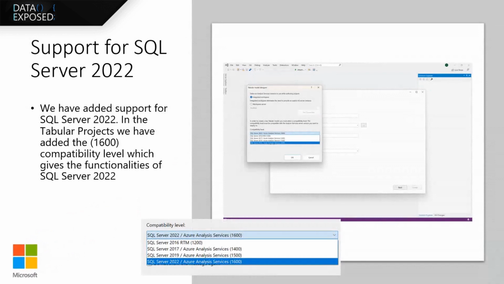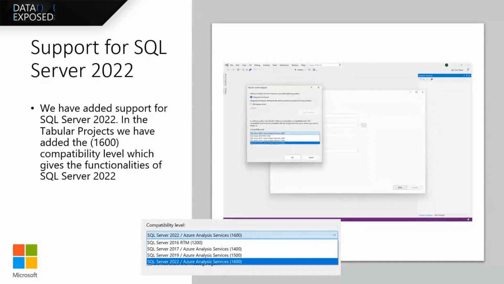So you get all the features that you have from SQL Server 2022 in SSAS, which includes the security updates, the flexibility of it, and the other features that we have in SQL Server 2022 within Analysis Services. The update has happened in the Analysis Services engine, which goes into Power BI and Analysis Services. So you can get the exact power of SQL Server 2022 in this extension, and you can enjoy that.